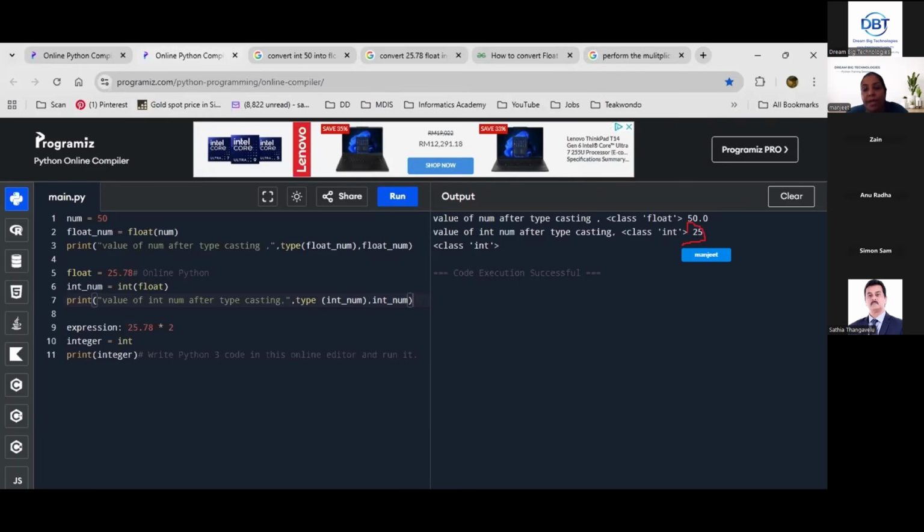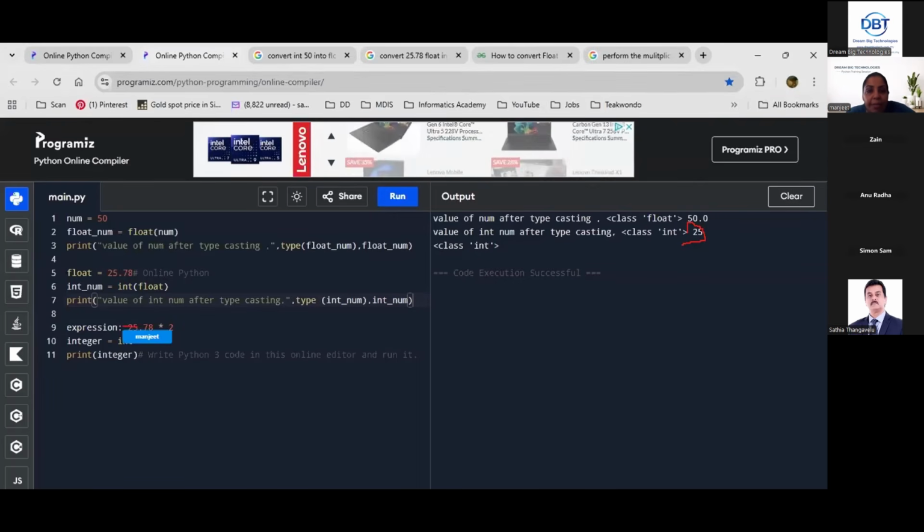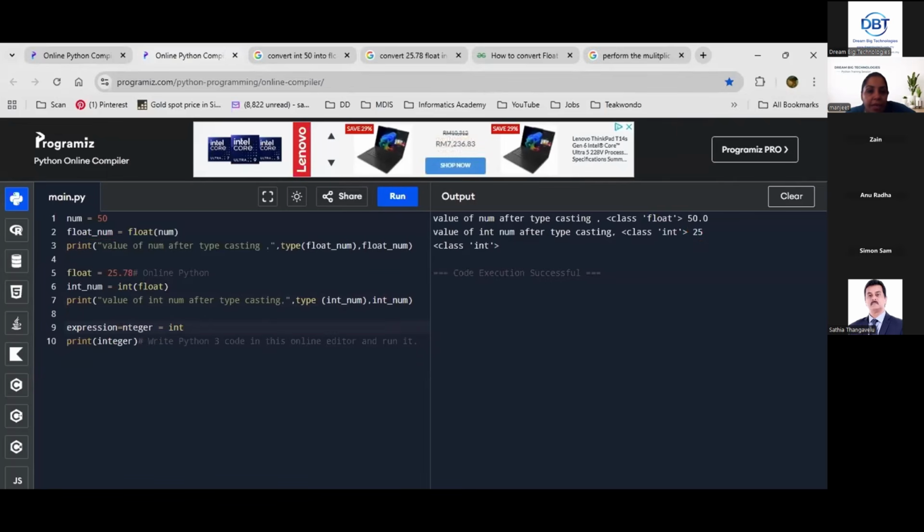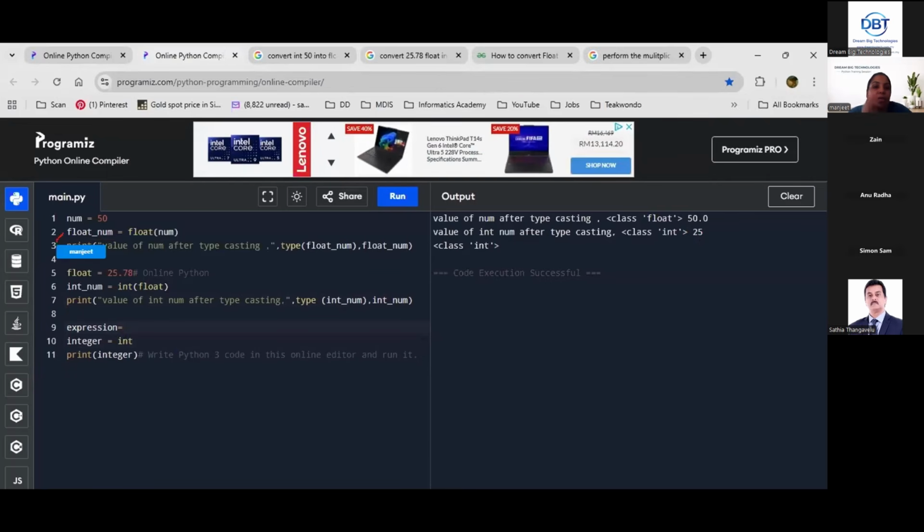Now I told you to multiply this one. So here, expression, put equal to. Simon, there is no colon. We never use a colon like this. We have to always use equal to. Now float num. Here you take the variable float num. Delete these numbers. Take the variable name here in line number 9, float num. Write down float underscore num.